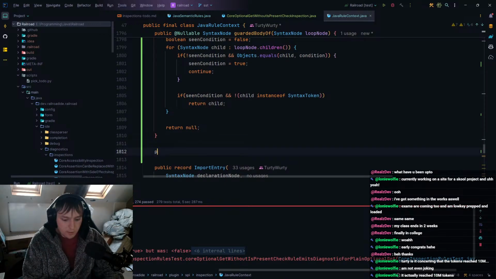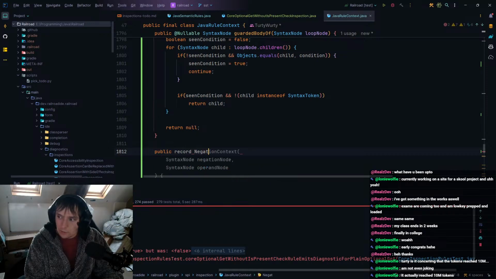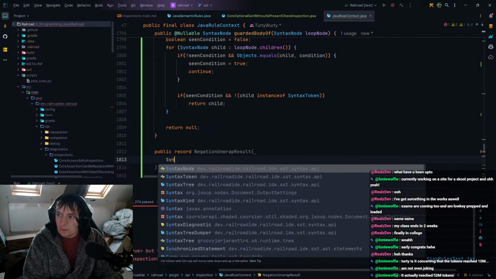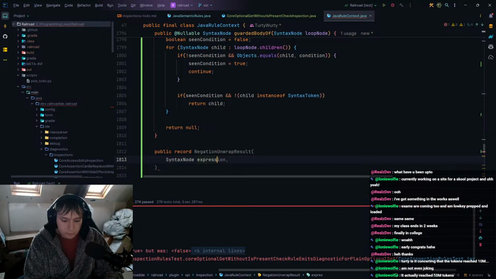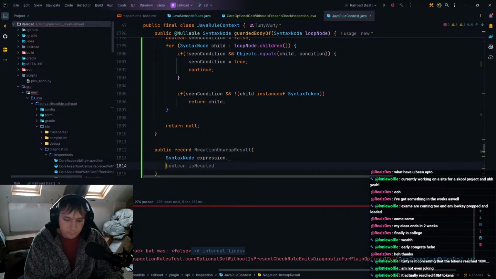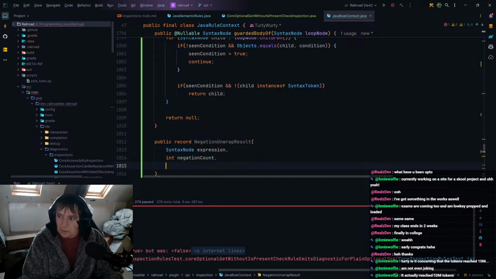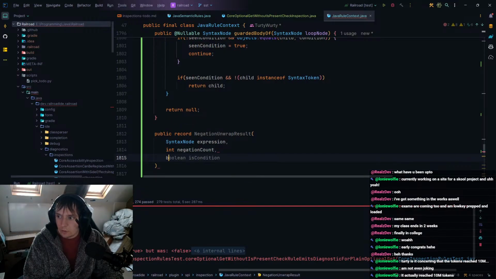Public record NegationUnwrapResult. Sure, I guess that makes sense. And we can have the SyntaxNode expression, and we can have int negationCount and boolean negate. Well, you know what, we can just have a